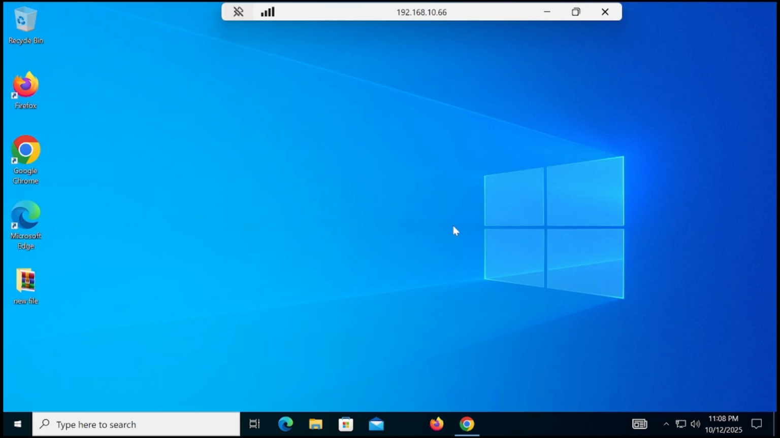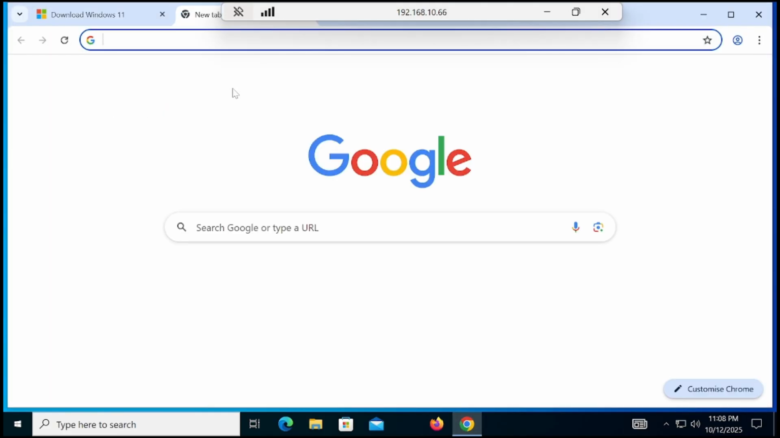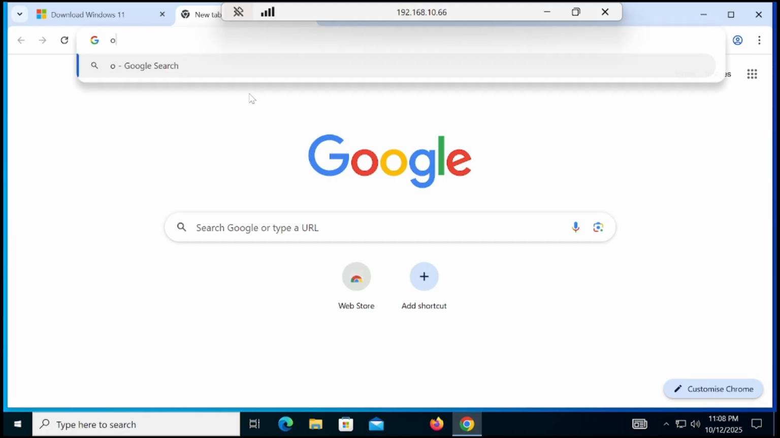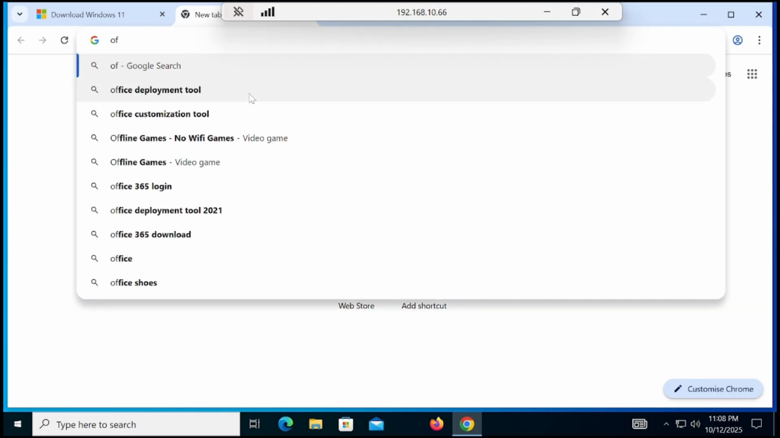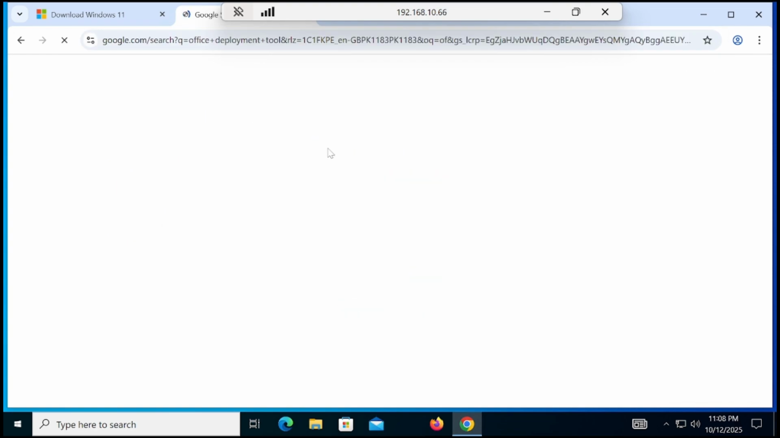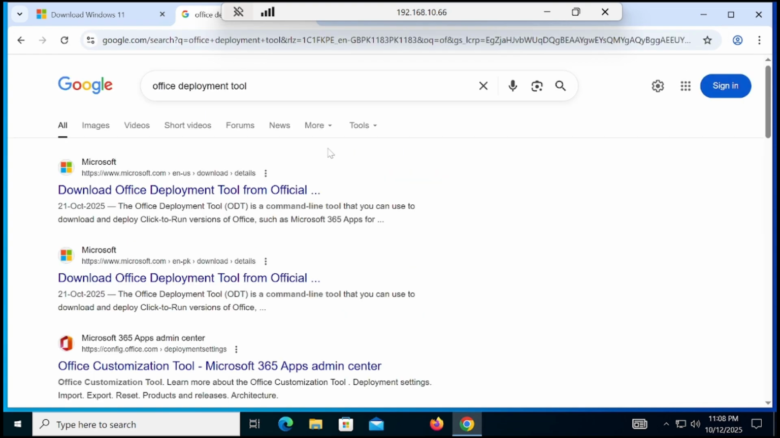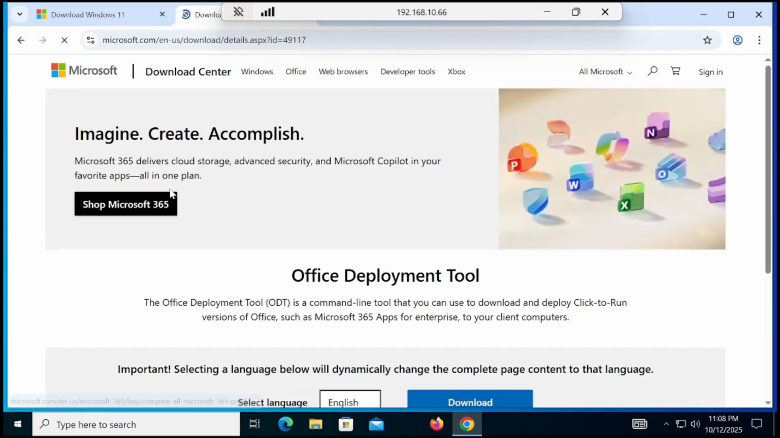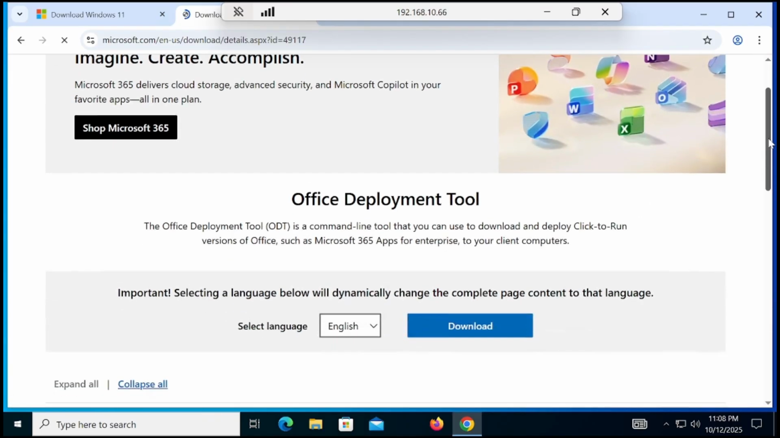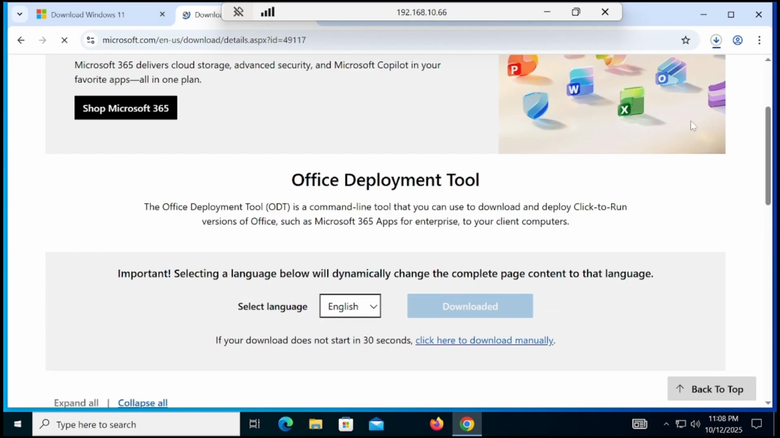So first of all, in order to install genuine official Microsoft Office, you have to go onto the Chrome browser. Then you have to type Office deployment tool. Once you type the Office deployment tool, you will have an official website of Microsoft. Then you have to click on that, and then click on download. The file will be downloaded instantly, and you have to copy this file,